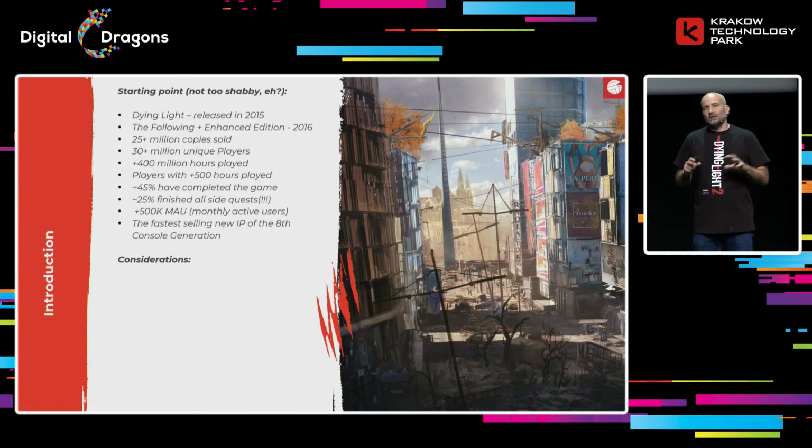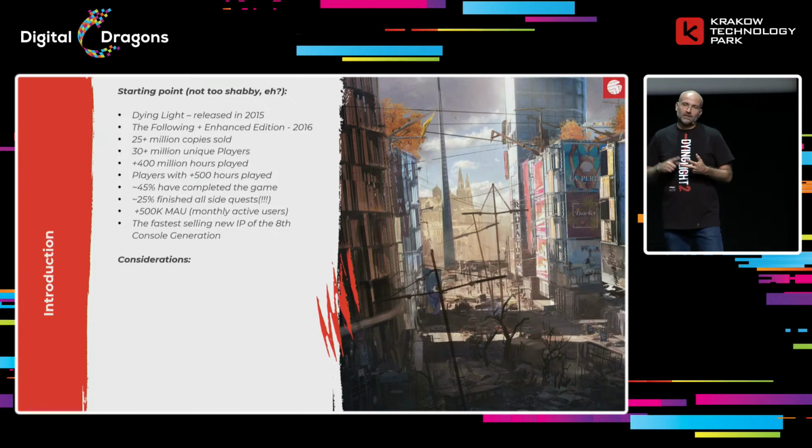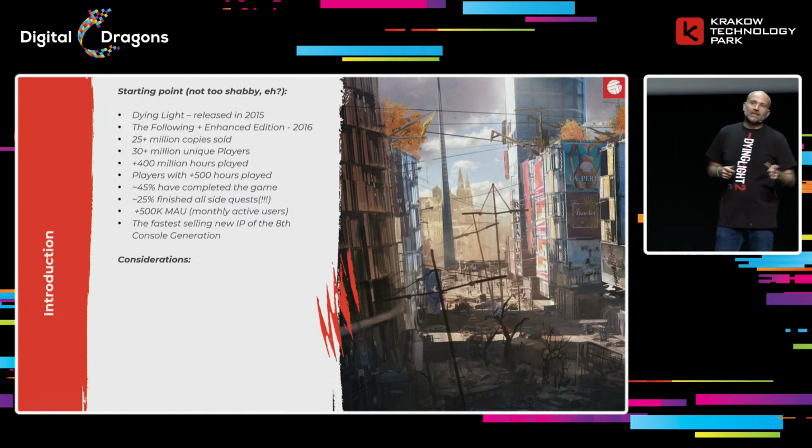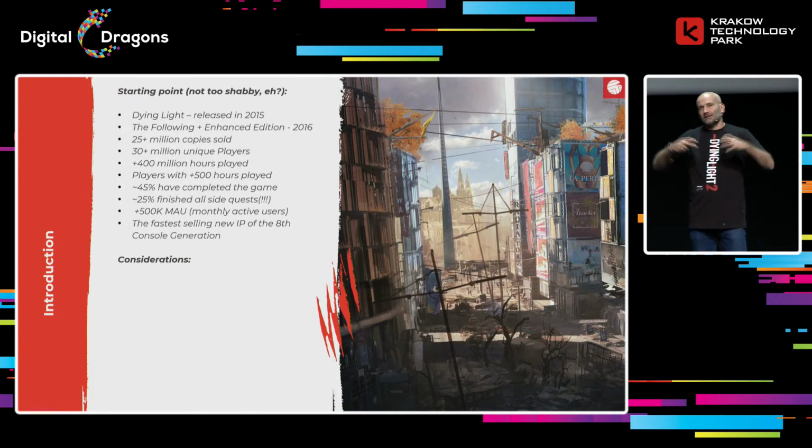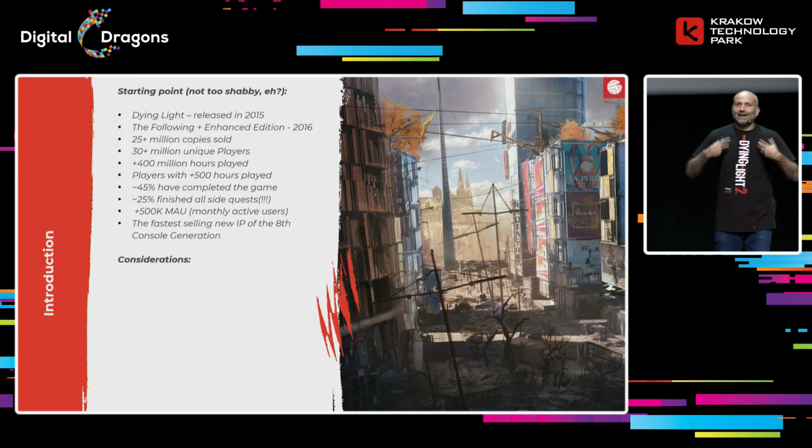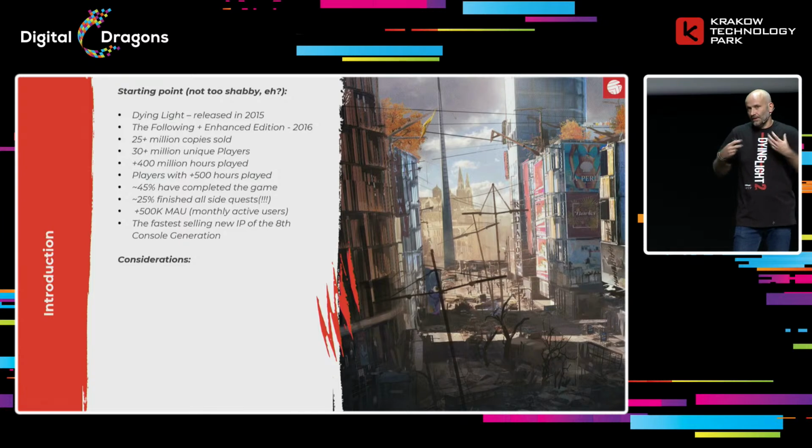I think the one thing that really makes Dying Light stand out is the completion rate for the game, because the first game has been completed by more than 45% of players, which is roughly 15–20% more than most of the games that are being released. But I think an even more surprising number is the number of people that have finished all of the side quests, which currently is more than 25%, where for most games it's around 5, maybe 10% at maximum. So this means we had a very dedicated and a very large community that was playing the game actively, wanting more from the game. So we knew this is a huge responsibility we need to take on our shoulders.